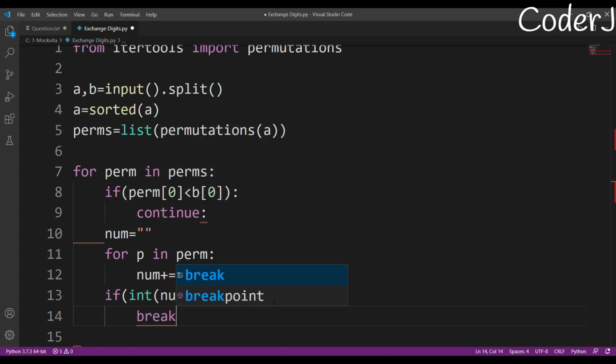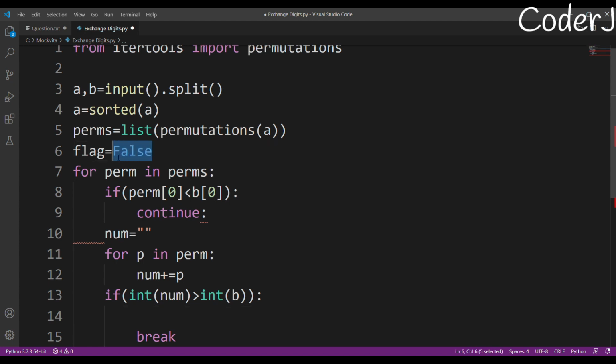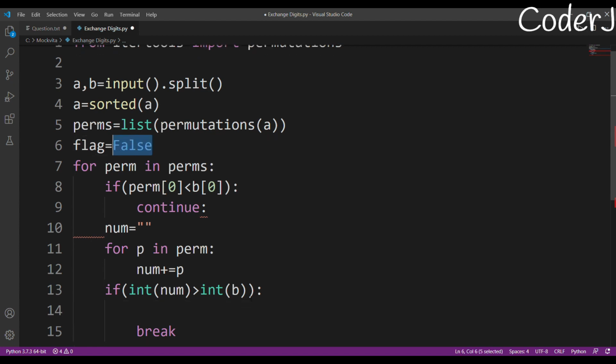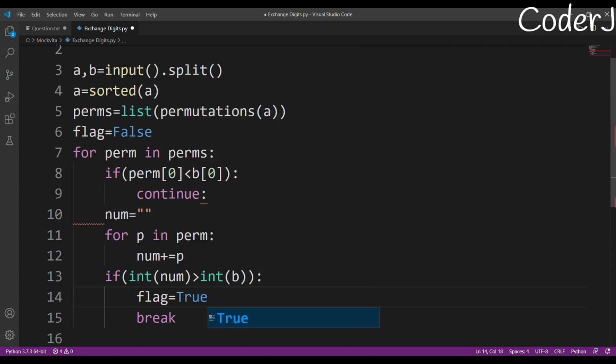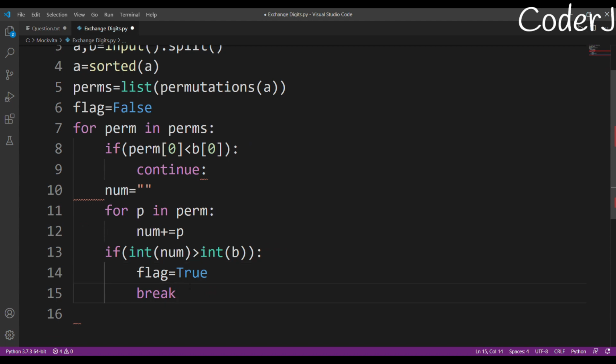Since I am not using any sort of function, I'll have to use a flag variable which is initially false. If I enter here, I'll mark it as true, which means yes, we have found our number. And now you are done with this code.